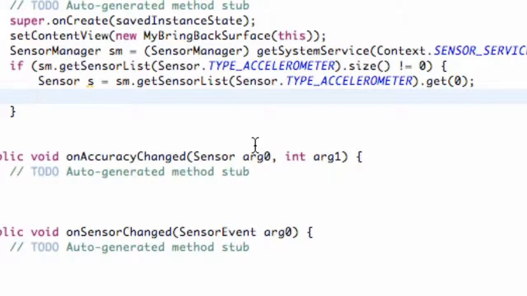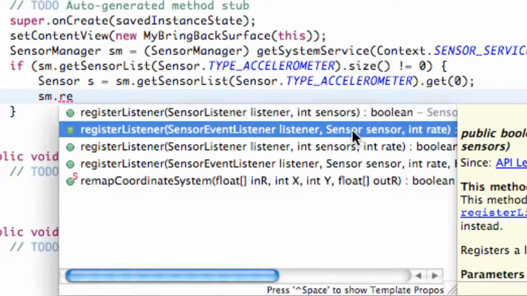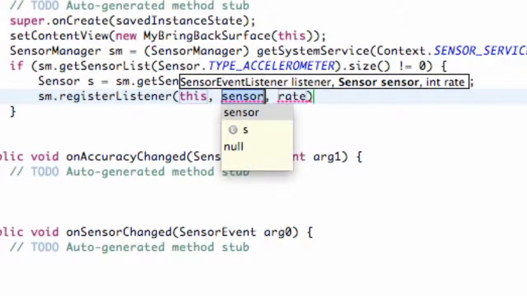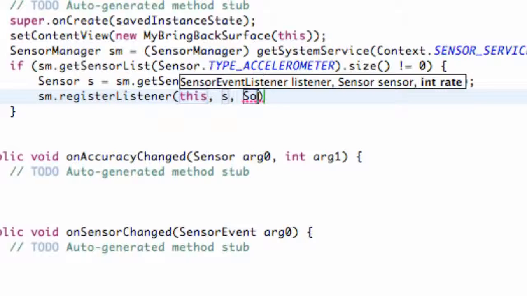So now we're going to kind of register our sensor and our manager and all that stuff. So we're going to refer to our sensor manager, and then we're just going to say registerListener, and we're going to choose this second option here, where we take a sensor event listener, a sensor, and an int for the rate. So for our listener, we're going to set this equal to the context of this, and for our sensor, we're going to refer to the sensor we just set up as S, and for our rate, we can refer to our SensorManager class,